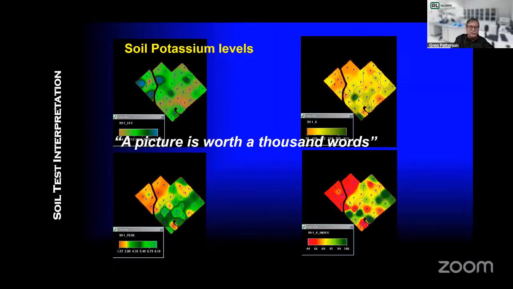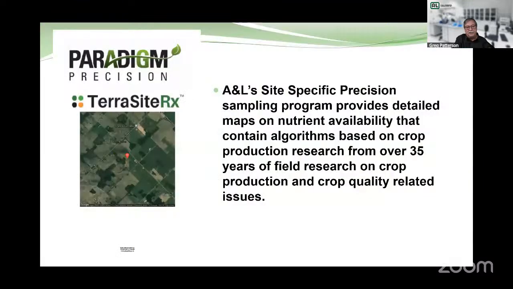And the problem with those 3 is they're all 2-dimensional. So the bottom right-hand corner is an index value, which takes that information and brings it to more of a 3-dimensional look at available potassium in that field. And that's what we try to do, is extrapolate the information in enough ways so that it does look like the field from the tractor seat, and we do understand how we can deal with those variabilities. So again, site-specific precision sampling program allows these detailed maps, and also gives you information for variable rate application of